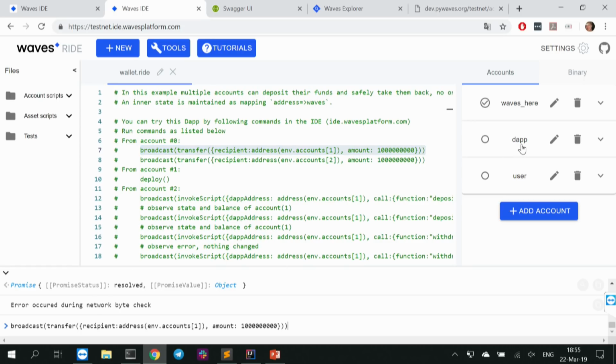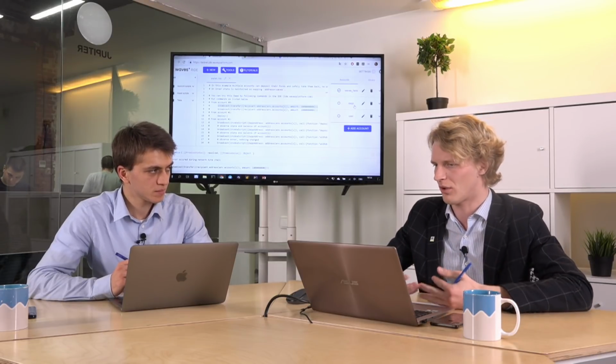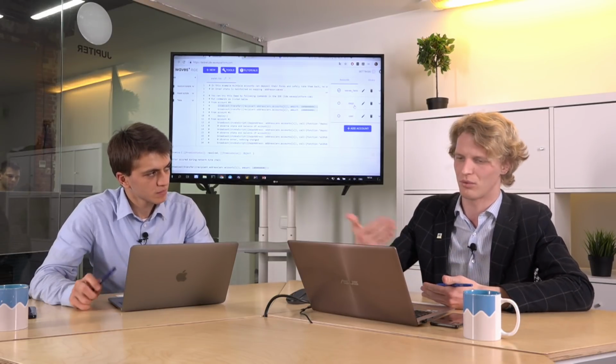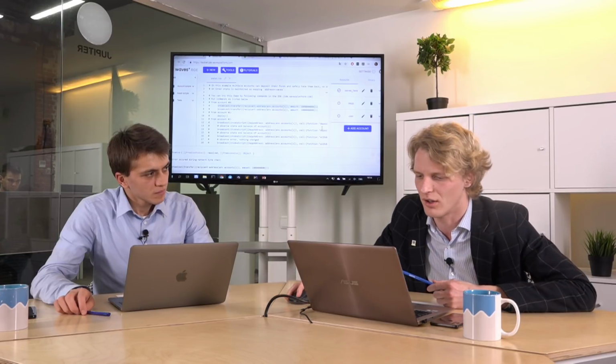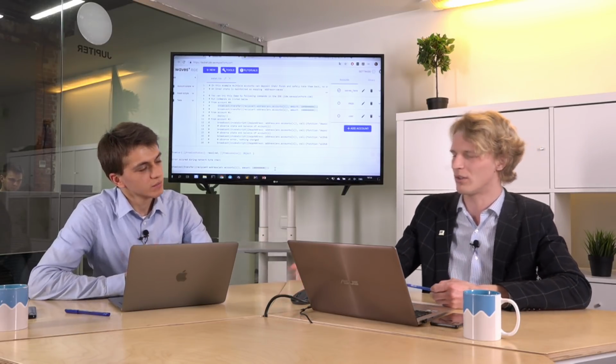So we will make a DApp, and we will call functions of that DApp, right? Yes. Okay, let's do it. The first thing, we need to fund an account of the app and fund the account of the user. So one can issue a set script transaction and assign the app to itself, and the user has enough Waves to initiate the invoke script transaction. The new one, I'll show you.